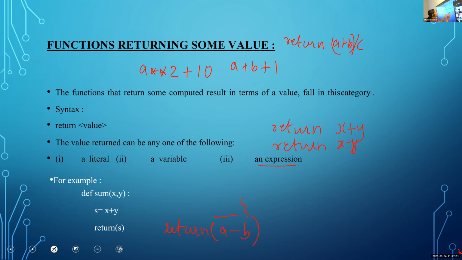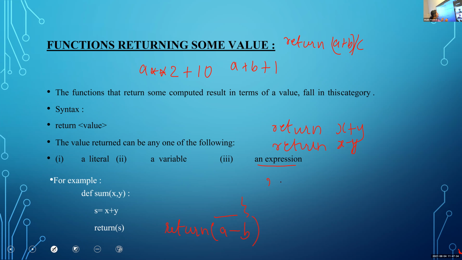So using an expression along with the return statement, there is no need of brackets. You just write return x plus y. The meaning is that x and y are added and the result is returned to the main program. And another statement, return x minus y, means y is subtracted from x and the result is returned to the main program.